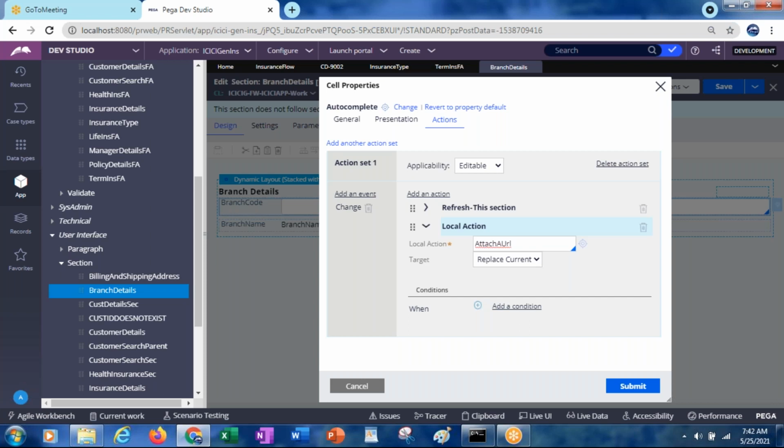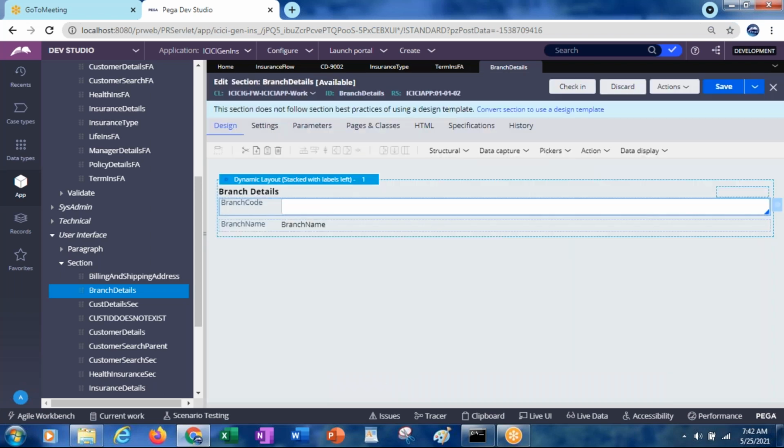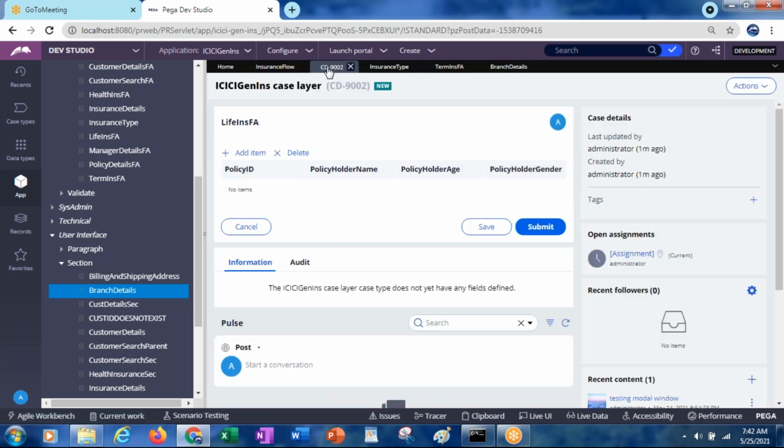Now, even when running the flow, these are the default buttons we are getting: cancel, save, submit. So how exactly are you getting these default buttons? They are coming from the flow action.